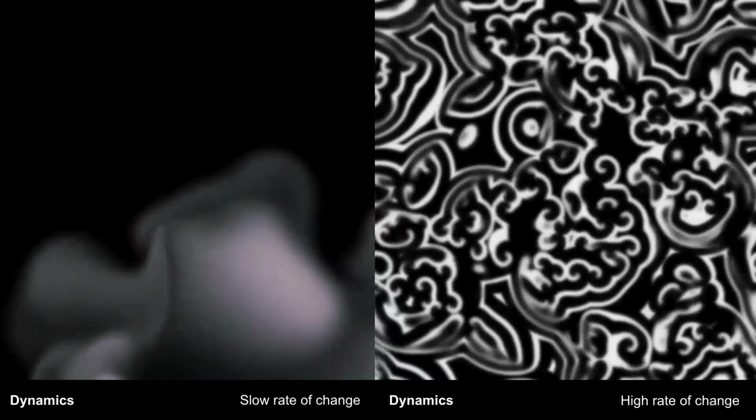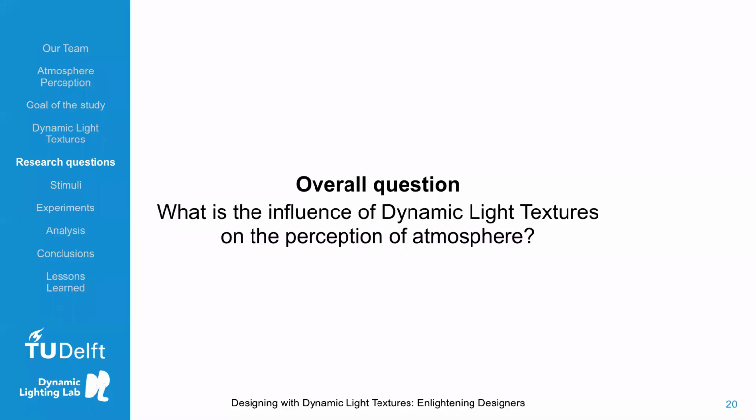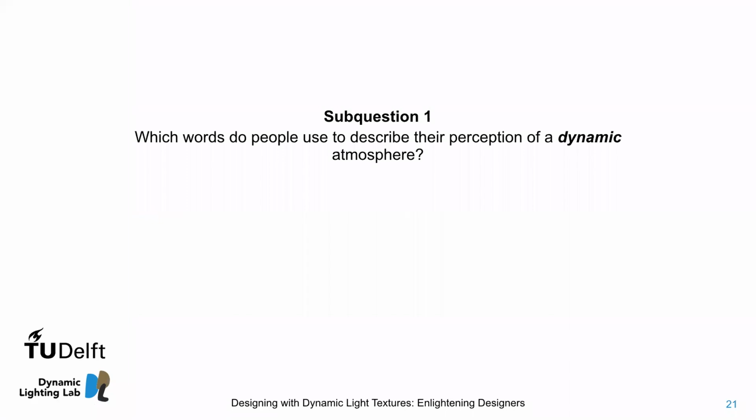Now that we have a grip of what we actually mean with dynamic light textures, we could ask ourselves the question of our research. What is the influence of dynamic light textures on the perception of atmosphere? Of course, this is very broad. So we wanted to divide this up in a couple of smaller sub-questions. The first sub-question, in order to get a first feeling of how people describe the atmosphere influenced by dynamic light conditions,